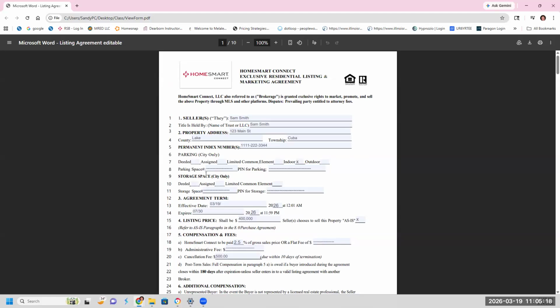I was saying the parking and the storage space, these two are only valid for the city, like Chicago? No, it is for the suburbs too, anywhere. If it's a condo building or a townhouse, yes, this could be used in the suburbs as well. Okay. So if we have a garage parking, you just do the indoor, right? That's what you need to do? Yeah, but a lot of times that parking space in the garage has a PIN number. Sometimes it doesn't. If it just has a number, you put the number in here, all right? Okay. Sounds good.